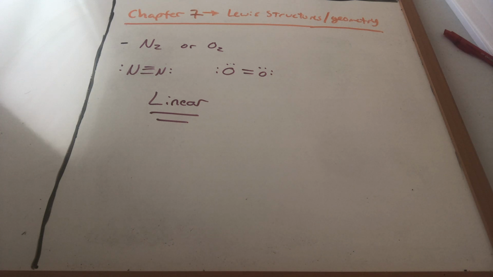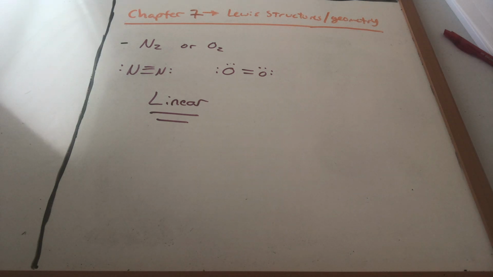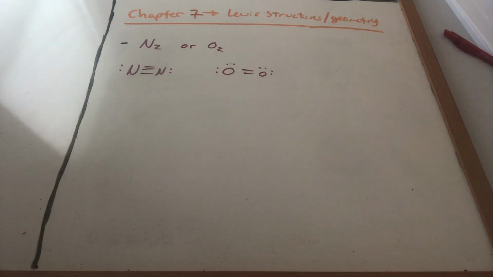Now, one thing you'll see is that once we have a geometry, even a simple geometry, we can start asking things like, okay, are these guys polar or not? Polar. Now remember back to our electronegativity discussion. Electronegativity says whether we have unequal or equal sharing of electrons. Now, for molecular polarity, what we're going to do is look at the poles of the molecule. Look at opposite atoms. It's all about looking at atoms and whether they have partial charges or not on opposite